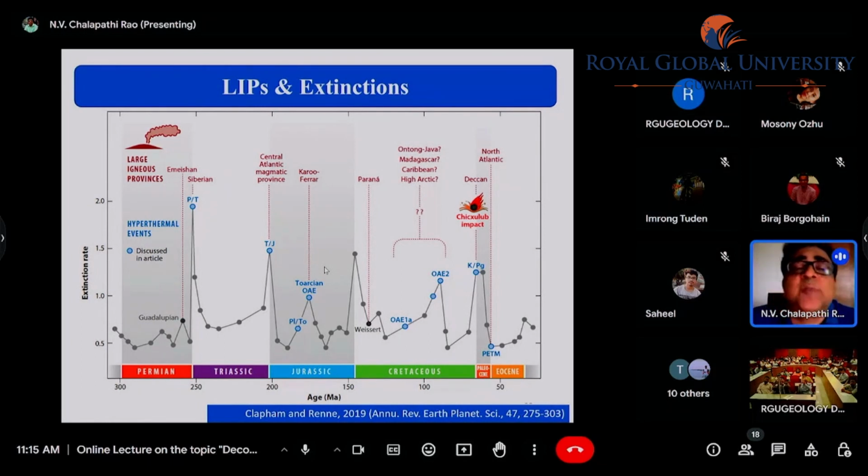There are at least 2 ways by which mass extinctions can be explained. One is by the eruption of large igneous provinces. As you have seen, large igneous provinces can erupt over millions of years, 1 to 5 million years. Imagine the amount of carbon dioxide, sulfur dioxide, and all the deleterious gases which are pumped into the atmosphere for millions of years. It creates a greenhouse effect and it can kill the organisms. So that's why people looked at large igneous provinces as one of the mechanisms for the demise of the